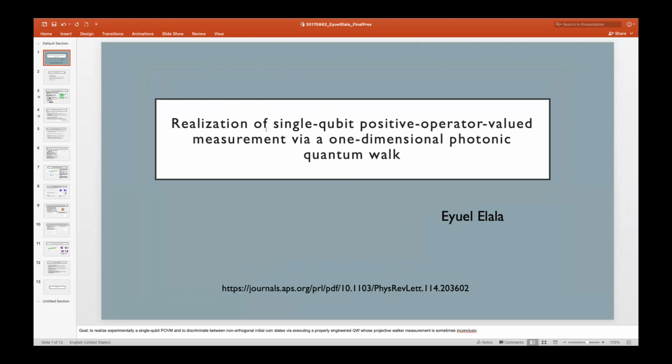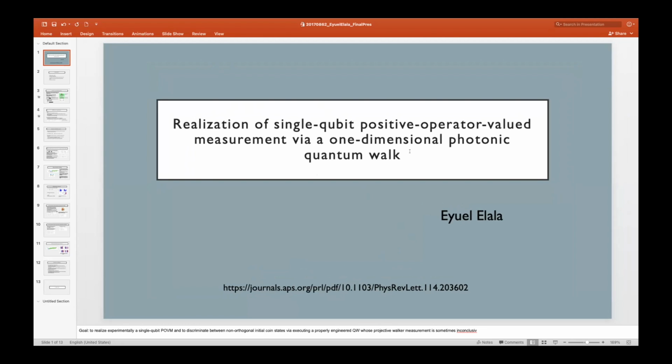A realization of single qubit POVM via one-dimensional photonic quantum walk. It's not a topic that I'm very familiar with, but if there are some physics people, I'd appreciate it if you give your opinion on some of the concepts. This paper was interesting for someone who is an experimentalist and a theorist. What they did in this paper is they realized a single qubit POVM and used